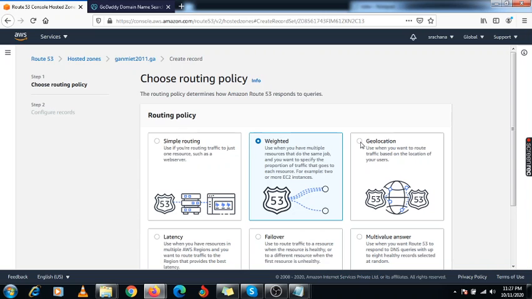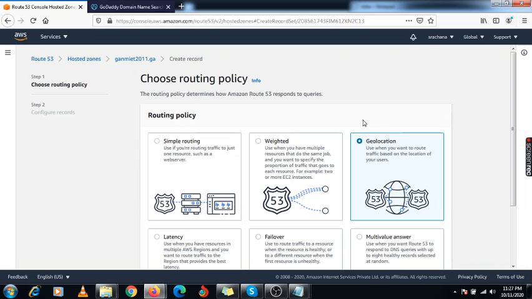In geolocation, using this geolocation we can specify a particular location. Suppose there is India and some US locations, and I am accessing YouTube from the US location, then I get some specific advertisements only for that US location.